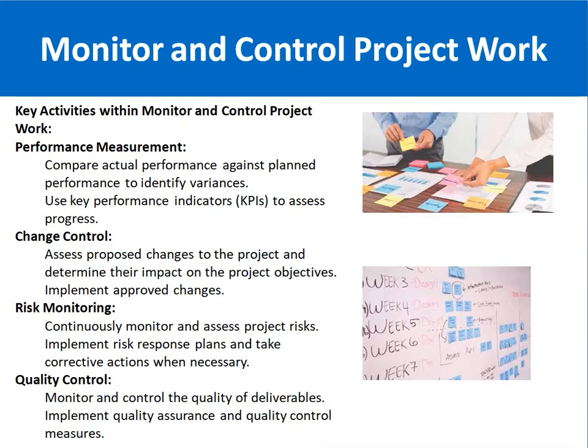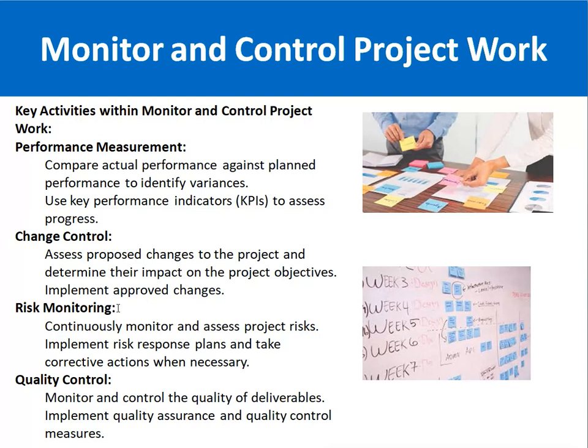Now the key activities involved in monitor and control project work start with performance measurement. Performance measurement means that you are comparing the actual performance against the planned performance. So that is a very important key performance indicator here. Then change control: assess the proposed changes to the project, determine their impact on the project objectives, and implement approved changes. Then risk monitoring,